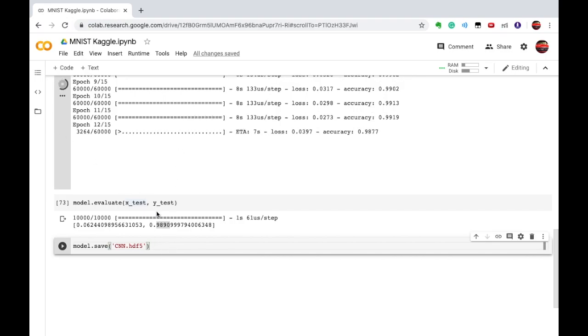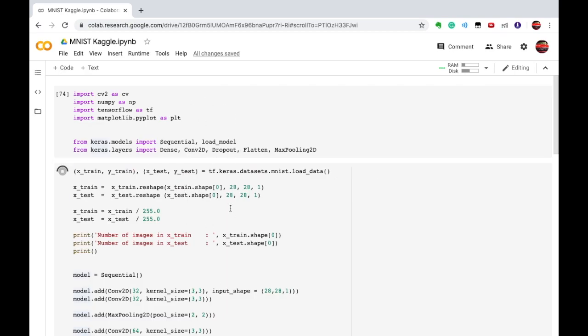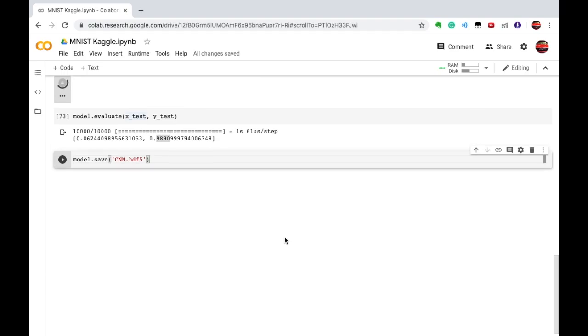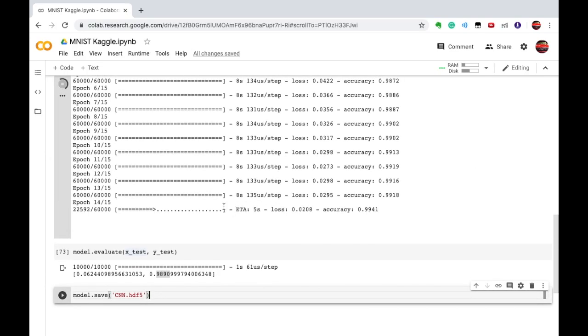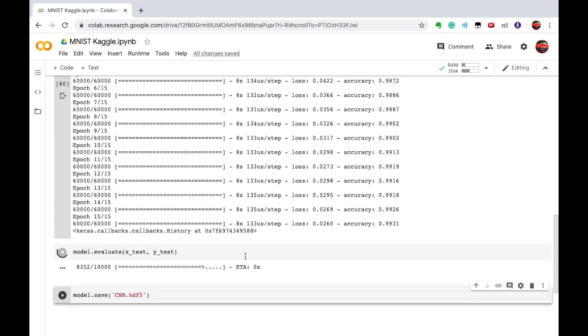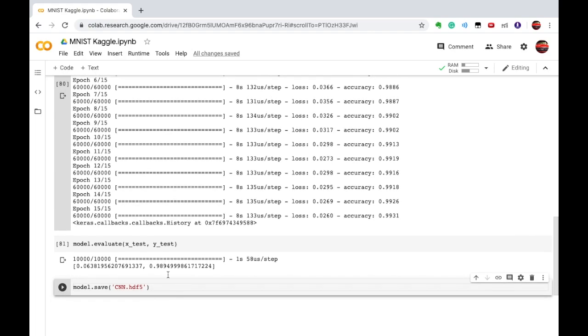You can also execute this whole code in a notebook on your local system, but it will take a much larger amount of time. So I prefer to use an online notebook if I have online data sets available. Okay, 14 epochs are done, so we are at the last epoch. Let's execute this and see how much test accuracy I'm getting. I'm getting 98.94%, which is pretty good.